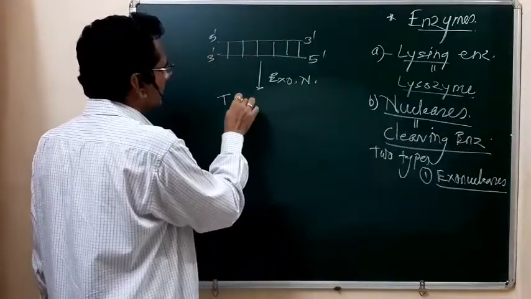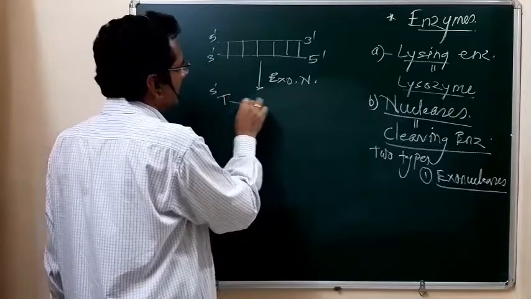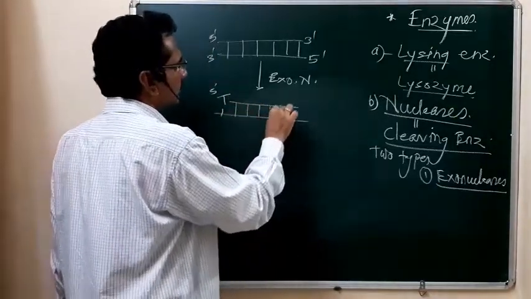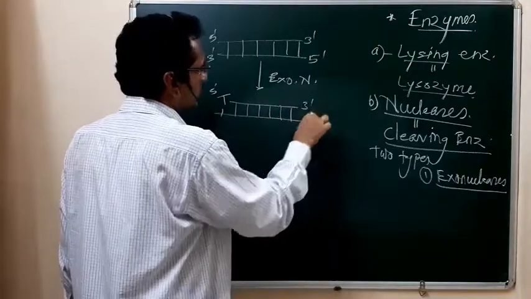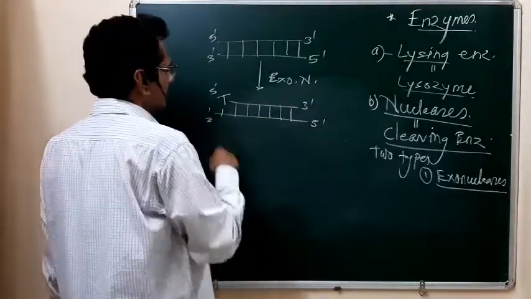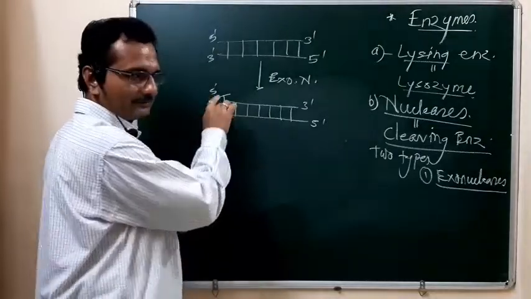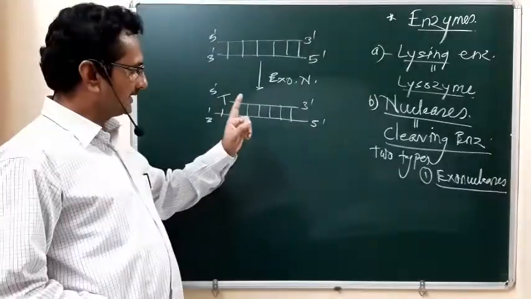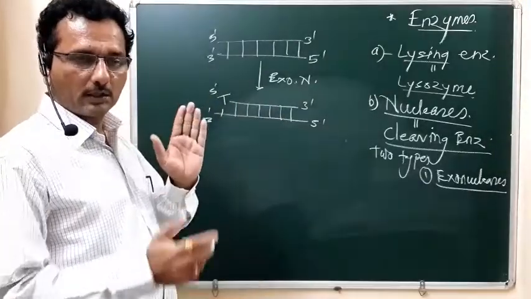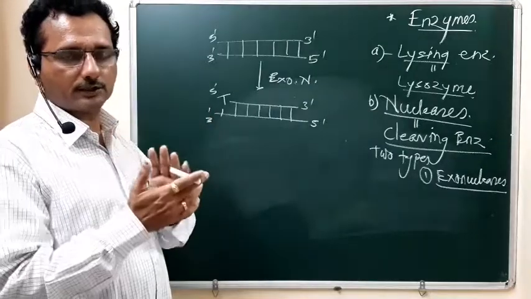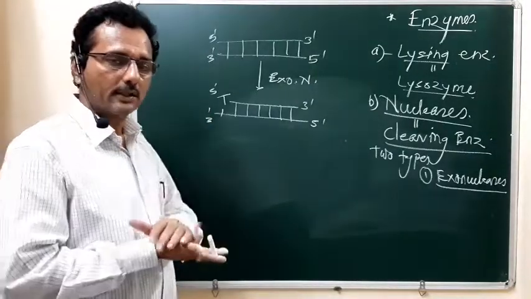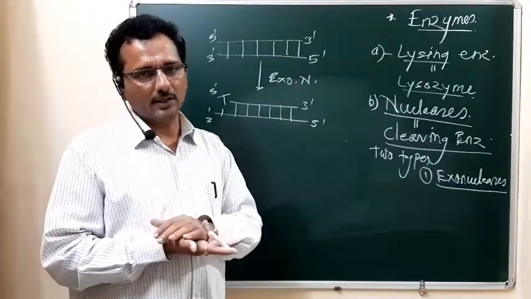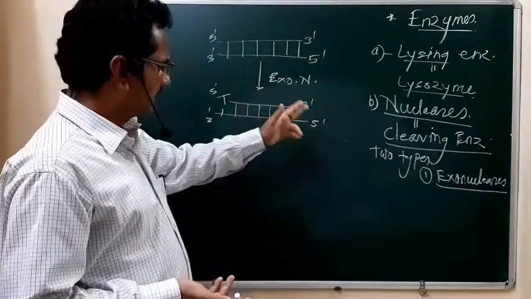Suppose this is the cut nucleotide from the 5 prime end, and this is, as usual, the DNA. This is the nucleotide and all the nucleotide pairs. So this is the 3 prime end, this is the 5 prime end, and this is the 3 prime end. So they cut the nucleotide at the 5 prime end or at the 3 prime end, whatever it may be, but they cut the nucleotide at the ends. Or we have to say they cut the nucleotide at the terminal site of that DNA molecule. So this is the exonuclease.